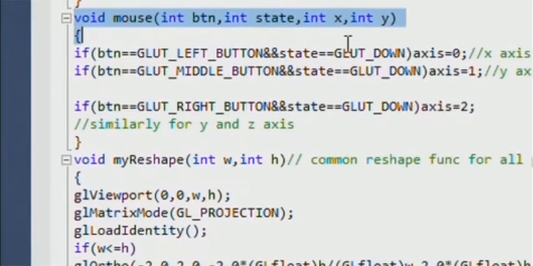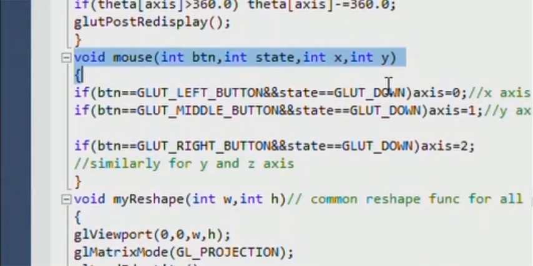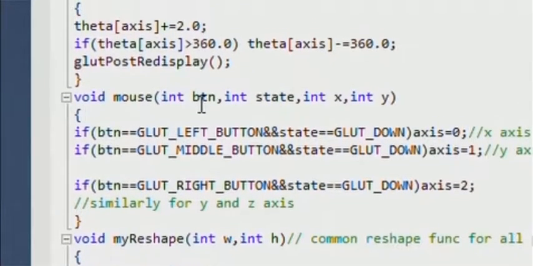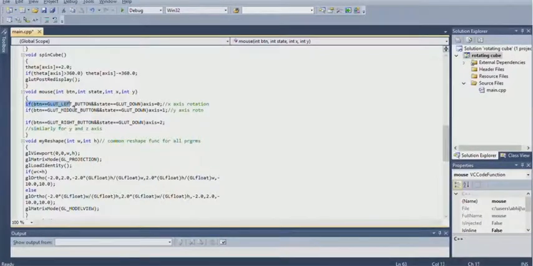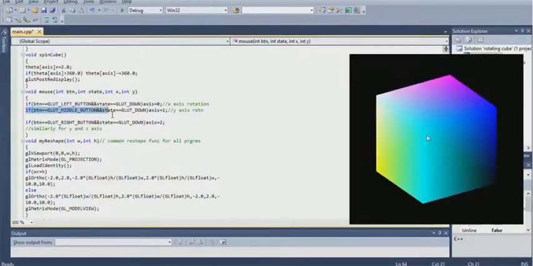So the void mouse function is a mouse callback that selects an axis about which to rotate. Now this statement shows the x-axis rotation.